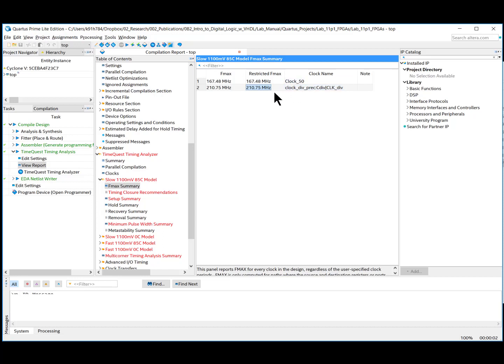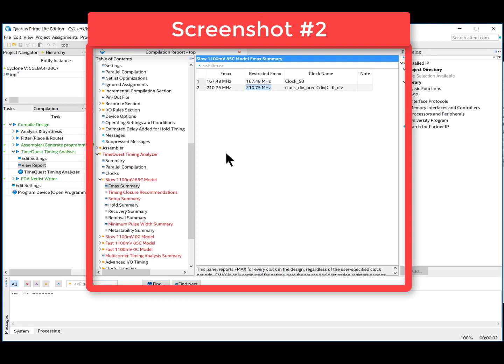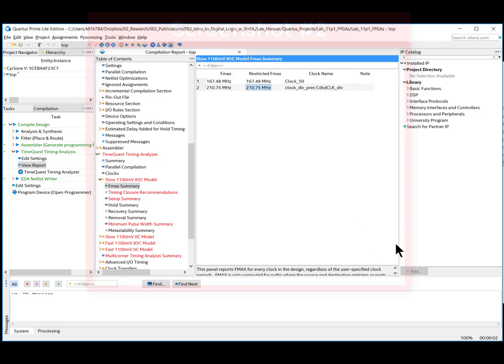Okay, so this is the second deliverable. If you just take a screenshot of that screen right there, then you will have part 2 of this lab, and then save that screenshot as a JPEG and upload it. Okay,